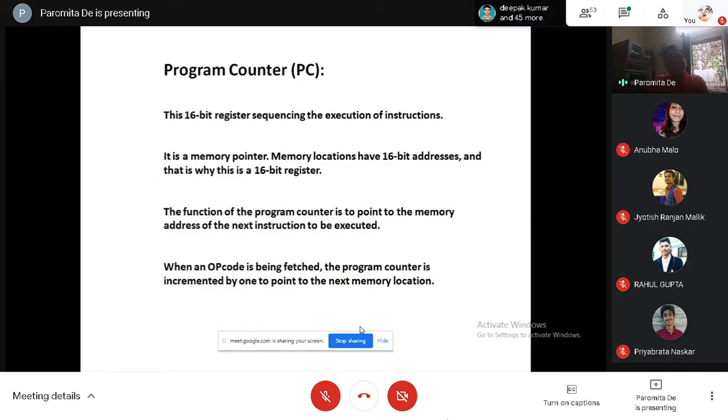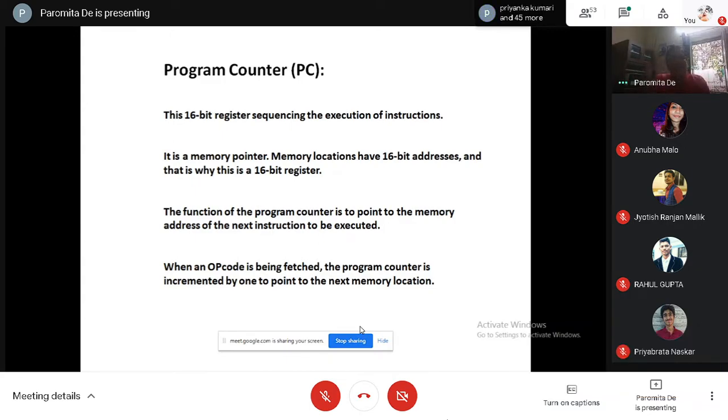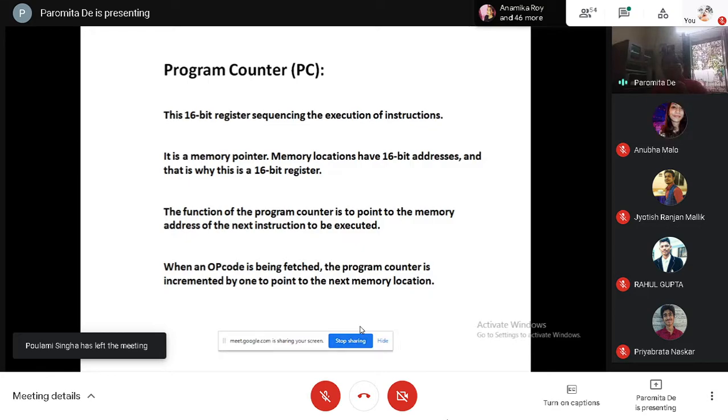So first is the opcode. This add or rotate or compare or move, in any such instruction, is the operation code, where we are telling the microprocessor what to do. Now the next step is it will add. What will it add is the next step. Once that opcode is fetched, the program counter will go to the next memory location, because that is where the data is stored, probably. You can store the data somewhere else also. So it will go to that memory location and say, okay, now the data is in this memory location.